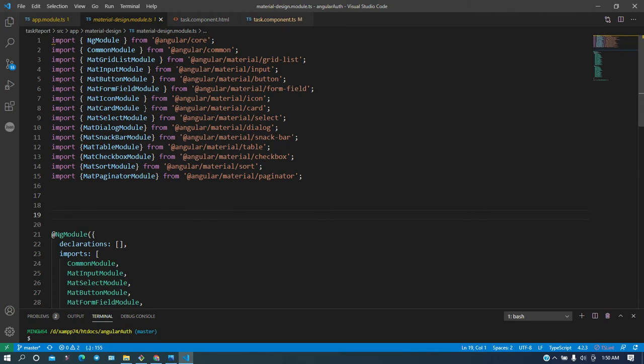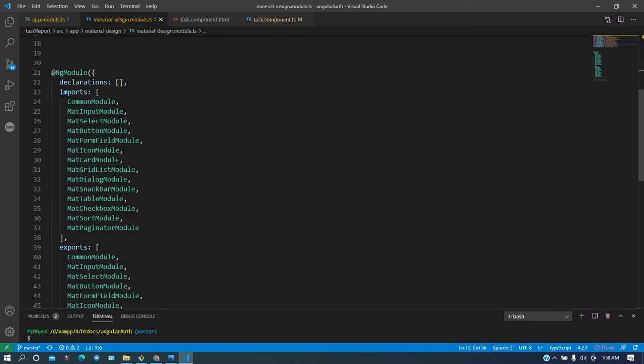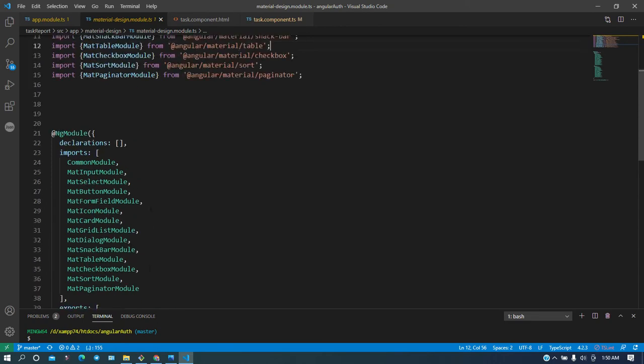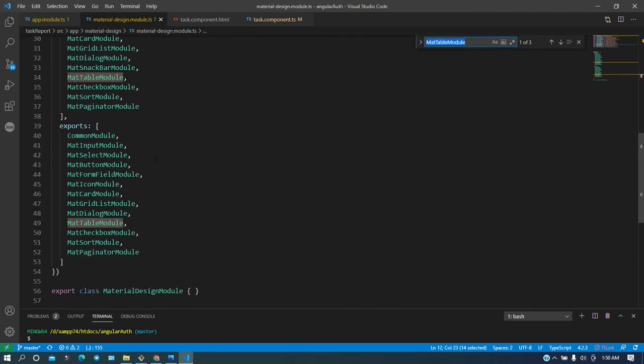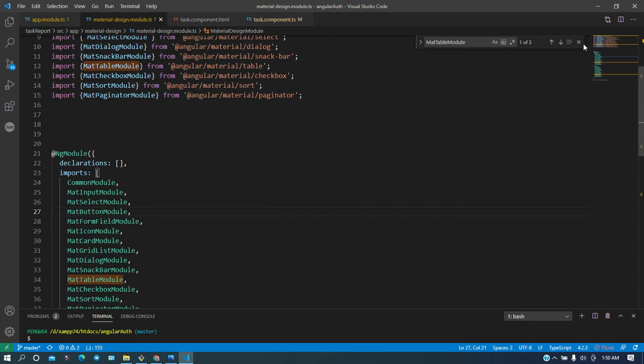So you have to install Angular material through the npm command in your Angular project. For the data table, you have to use this API, and then in the import section and the export section as well. You can notice this MatTable in 3 places. Now what's next?